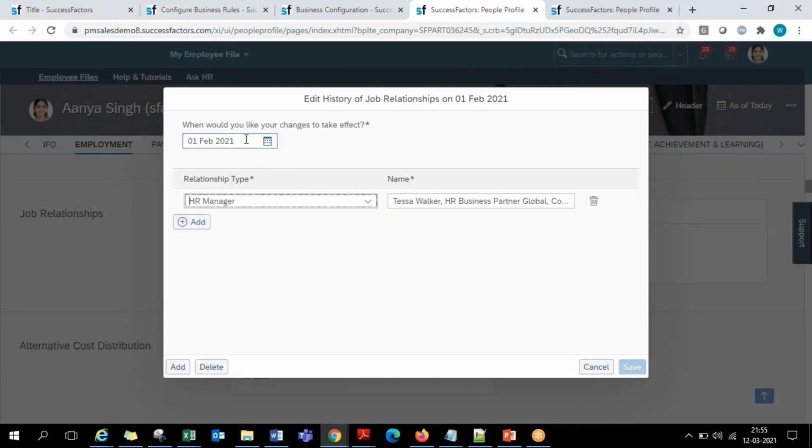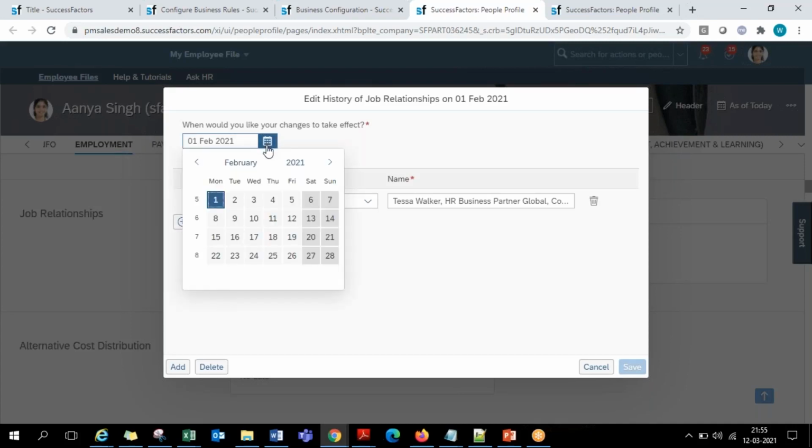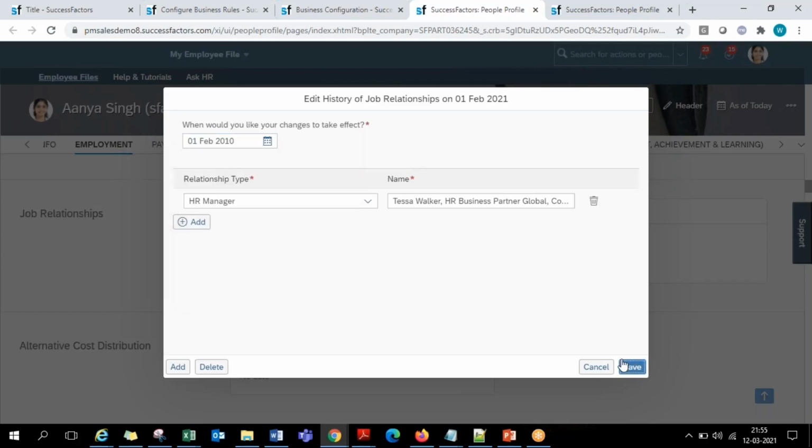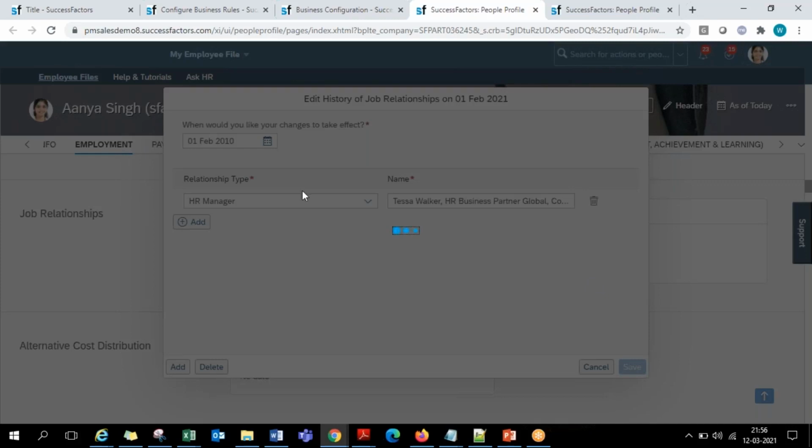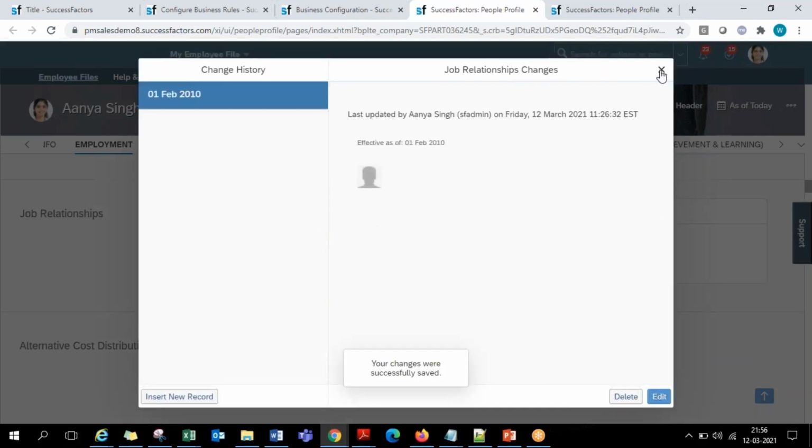This HR is actually effective from 1st February 2021, but the address change I'm making is earlier. That's why it is throwing that error. So let me just keep it effective 2010 somewhere. Backdated, I'm keeping it.